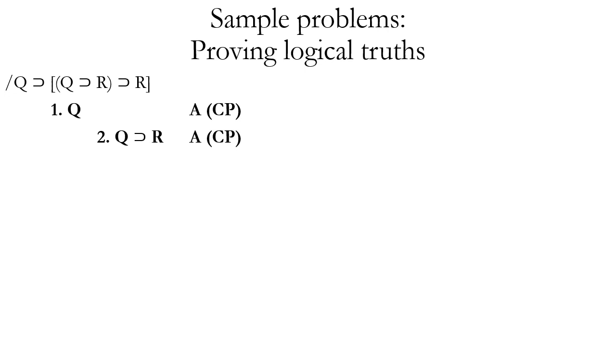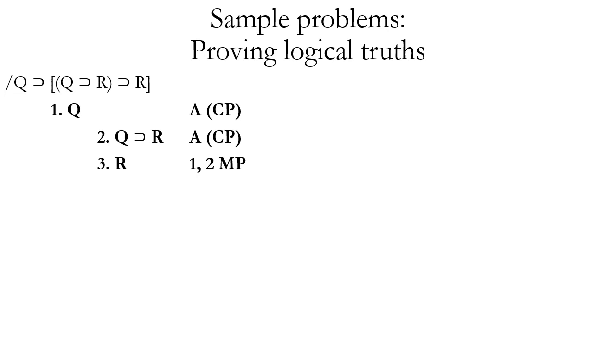And now that we have this second assumption, what can we do with it? The goal is to prove the consequent of that second conditional, and that's going to be R. So how can we do that? Well, we can use modus ponens with lines 1 and 2 to prove R. So now that we've proven R, which is the consequent of the second conditional we're trying to prove, what's the